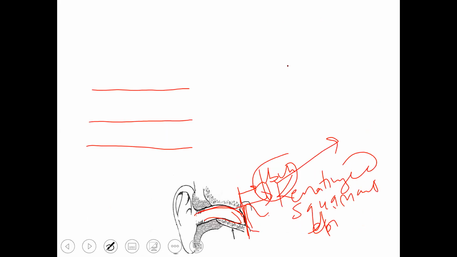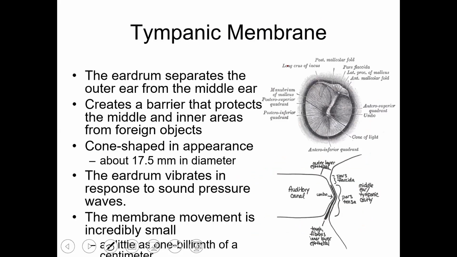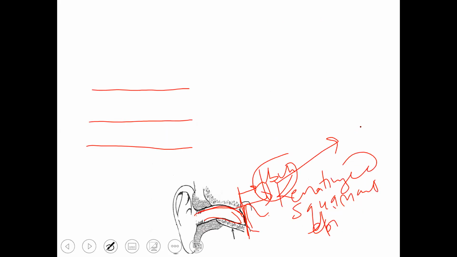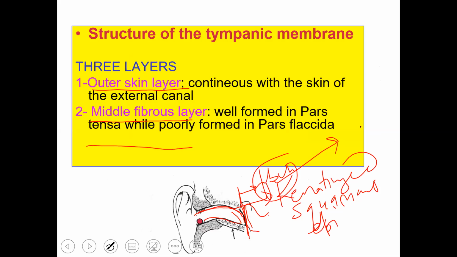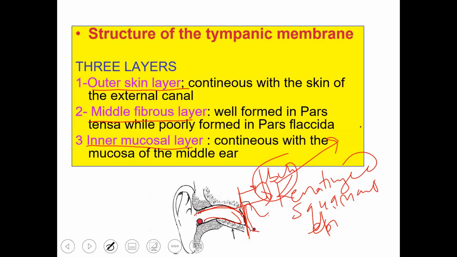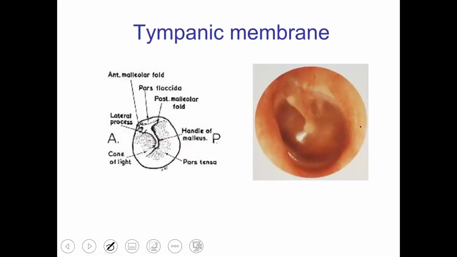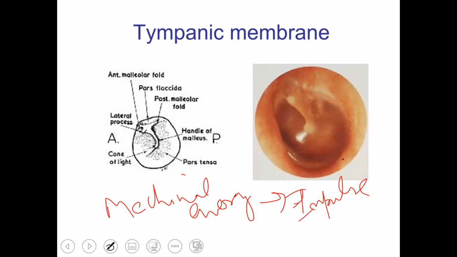So this tympanic membrane vibrates as a result of the pressure exerted by the rarefaction or the compression of the sound on the tympanic membrane, which is continued or reflected onto the handle of malleus, and then onto the incus, and thence into the stapes, and then stapes vibrate into the internal ear, pushing the internal ear fluid, which subsequently moves the basilar membrane, and on the basilar membrane lies the organ of Corti, which generates the electrical impulses, and mechanical energy is converted into an electrical impulse, which is projected to the higher centers.